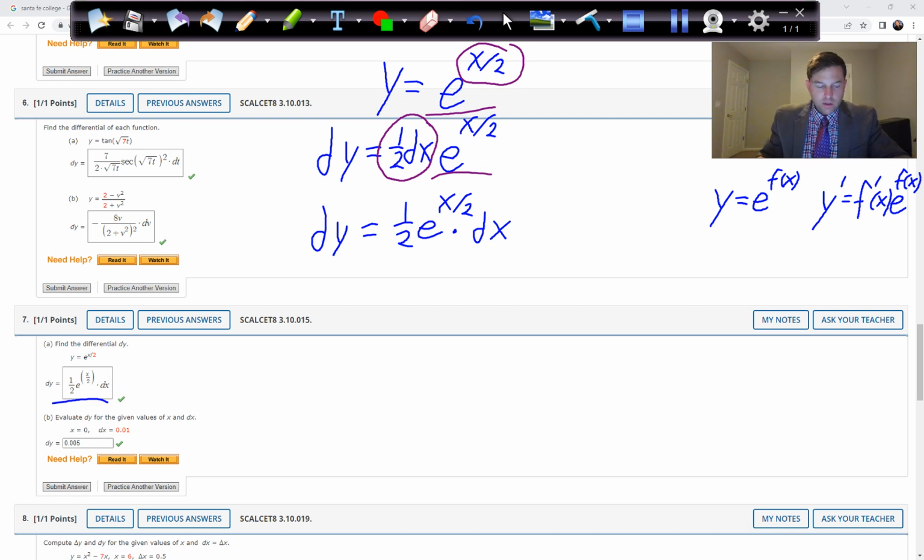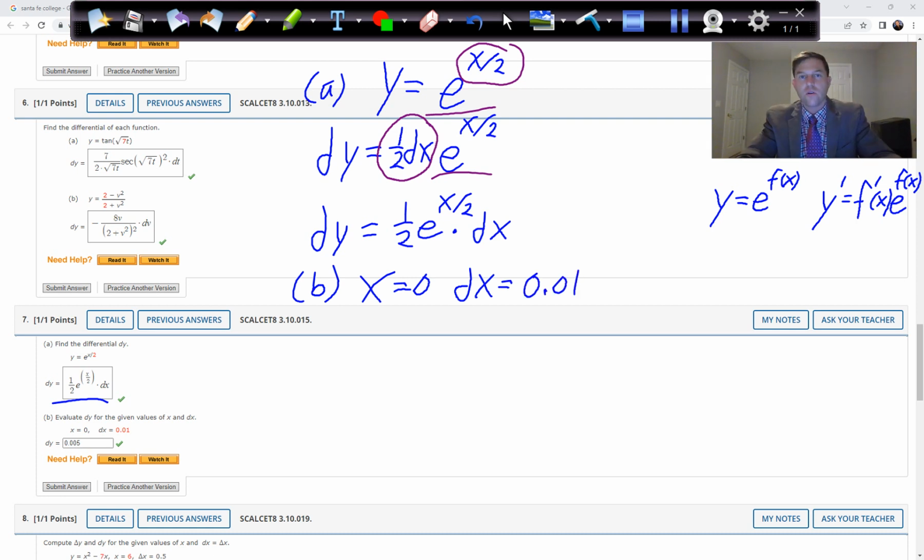Okay, now that was part A. For part B it says, imagine x equals 0 and dx is equal to 0.01. dx is like an error in the measurement. So if we have an error of 0.01 when x is 0, how much total error will be in this measurement? In fact, that's what we'll do in a few problems here. We'll do real problems where we have these error terms, and we see how much error gets picked up,